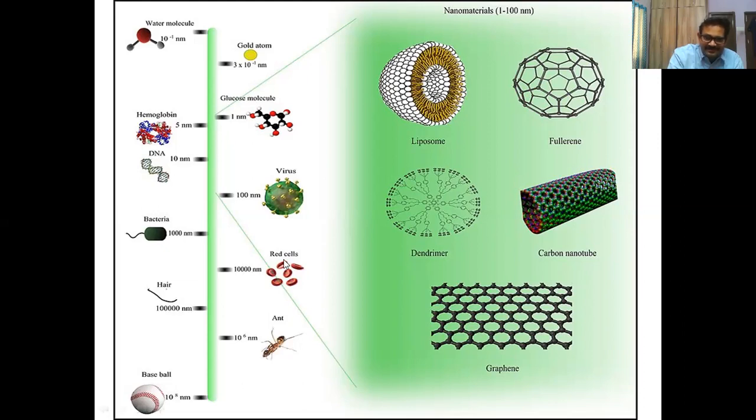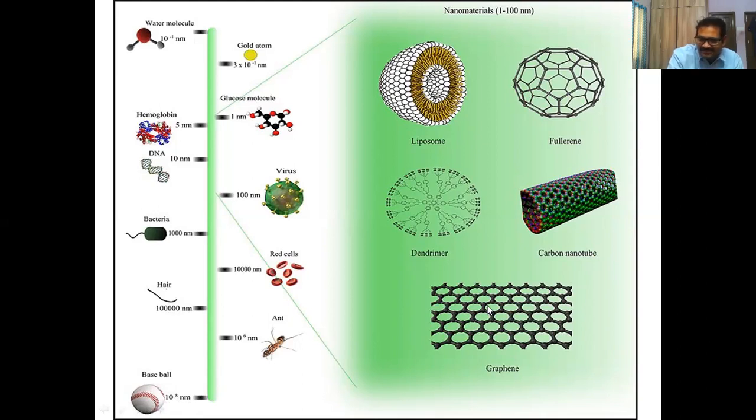So this is the red cell size, 10 micrometers, 100 micrometers, and 10 power 6 nanometers. Otherwise, we can say millimeters, 10 millimeters. This is very small, 1 millimeter, 2 millimeters, a size that we can visually see. And the base bar, 10 power 8 nanometers, or otherwise you can say it's 10 centimeters in length.